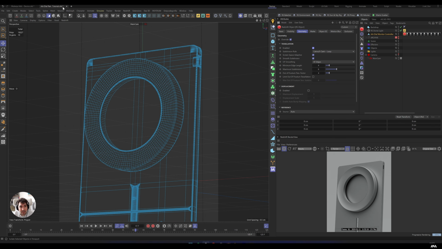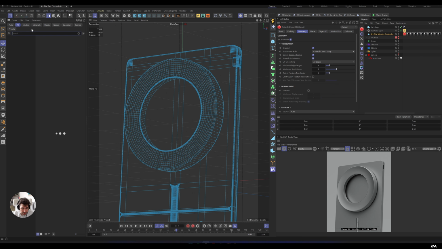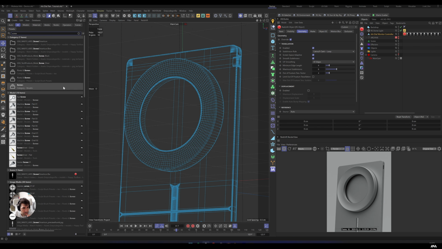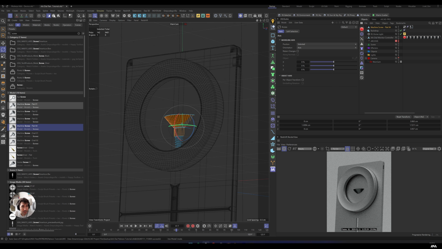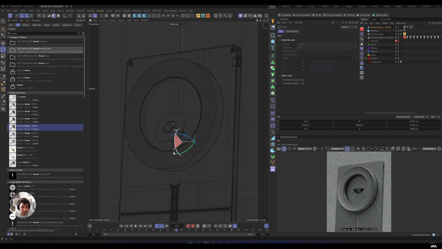Now when you want to make something look really fun and technical, you can add more details to it, and I decided to use some models from the asset library, and I think it was these screws. It's kind of a machine screw, so just double click into it, import it. I need to go back to the object mode. So I did 90 degrees here, make it smaller, even more, and then